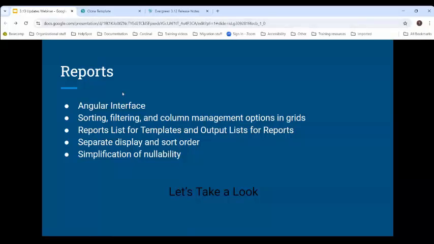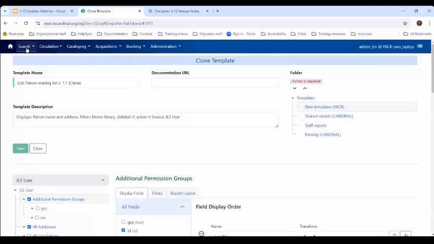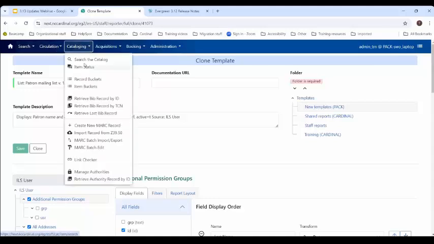All right. Well, let's talk about the search interface and the OPAC, and then we'll move back to passwords. So one of the big changes just aesthetically is to the search interface. So let's take a look at what this update looks like. If I come into my catalog search,